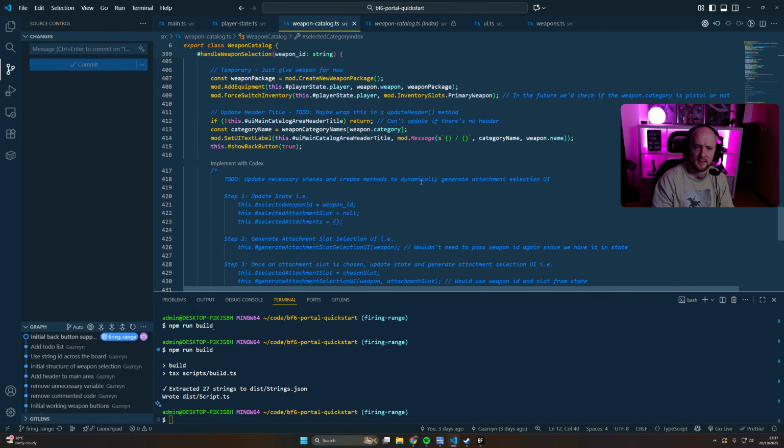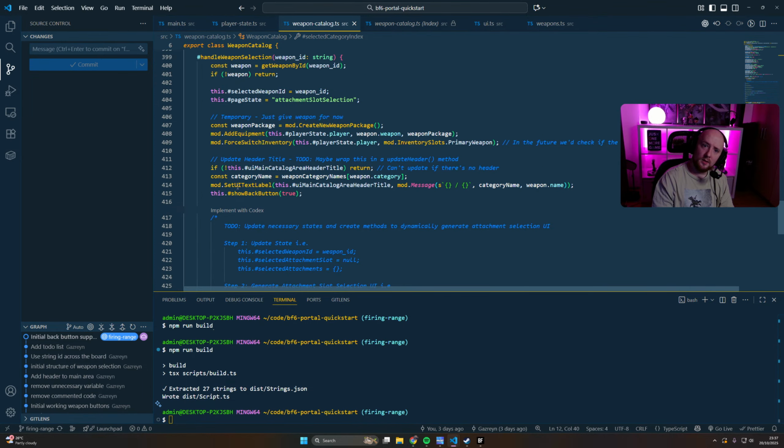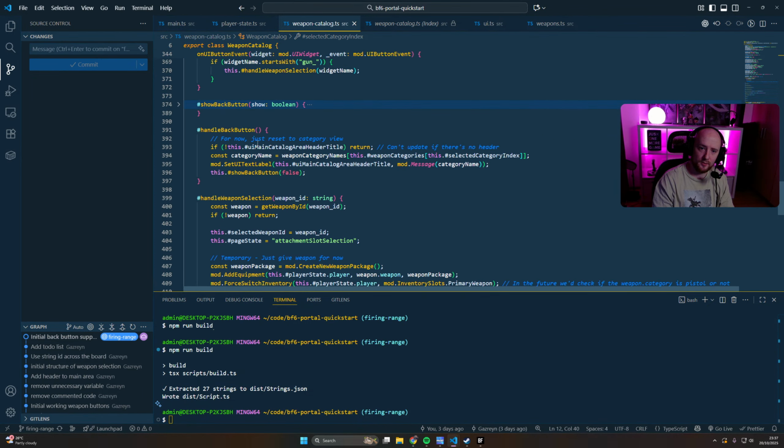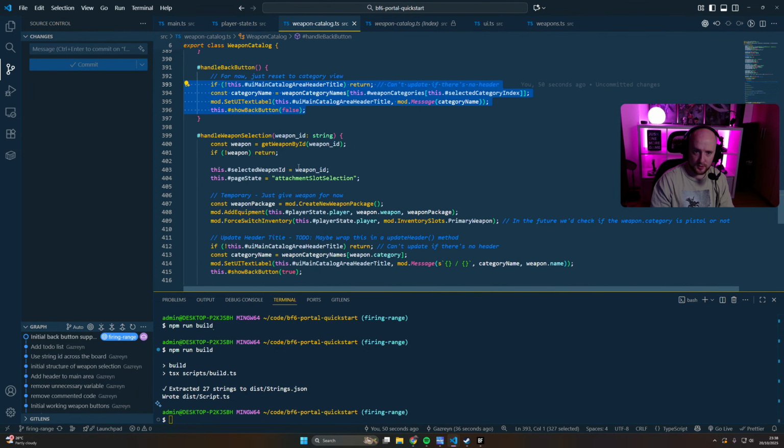In terms of the next things to do, we now have a back button that we can use, but we'll handle this dynamically rather than manually. We'll have probably an update header function that can get called on handle back button, and also on